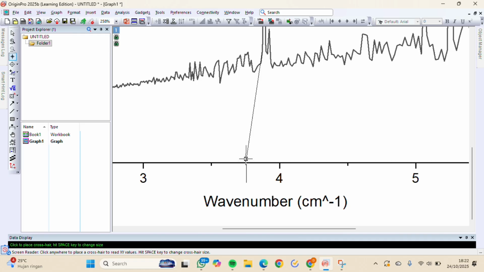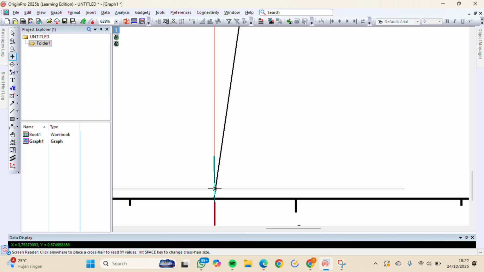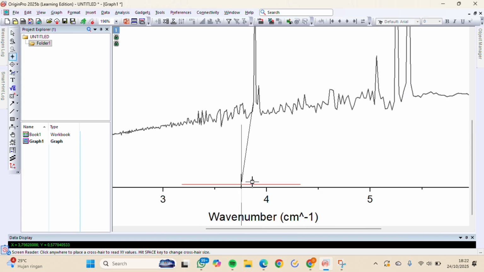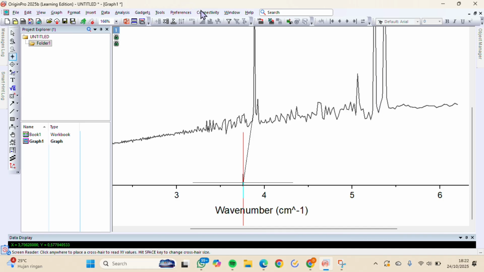That x value is the band gap we obtain in this UV-DRS characterization. And we get the band gap is 3.7562.